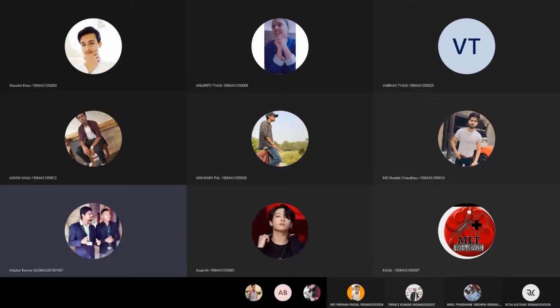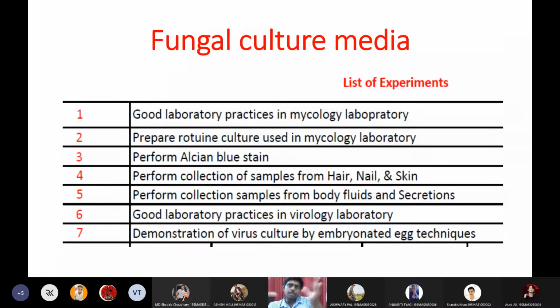Why do we need to collect body fluids, especially in terms of mycology and virology? The main purpose is that many fungi or viruses will be secreted into the body fluids, which reveals their presence in body fluids. For example, let me give you a classic example of CMV. CMV is cytomegalovirus. This cytomegalovirus especially resides in your brain. It is a virus that causes brain infection.